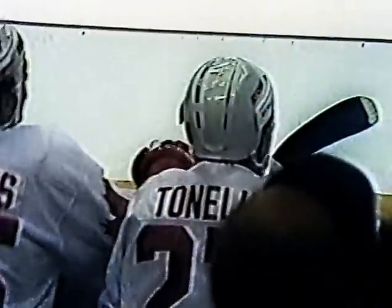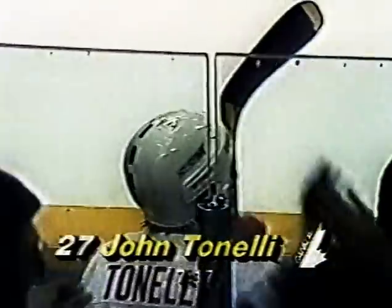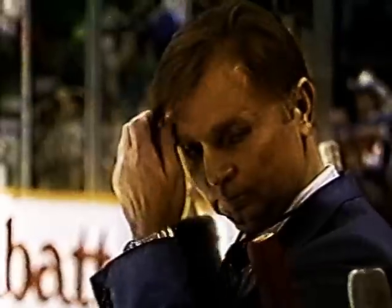Well, that's Paul Coffey. He's noted for coming up in the play, acting as a fourth forward. He makes a great rush there and a great pass out to Tonelli. Tonelli from Coffey and I imagine Robinson. And for Tonelli, his second goal. An interesting alignment with Tonelli on that line on the